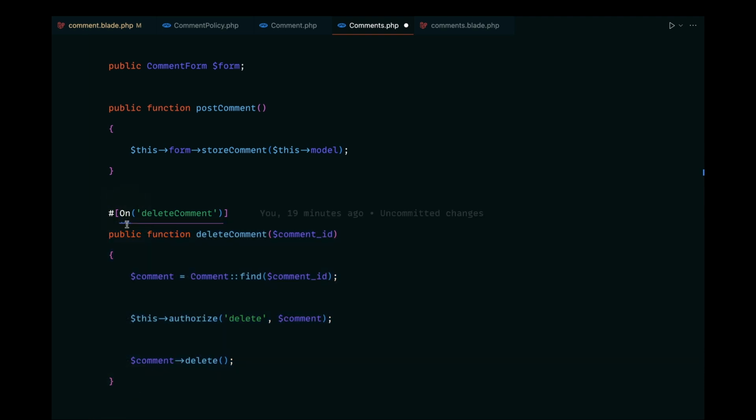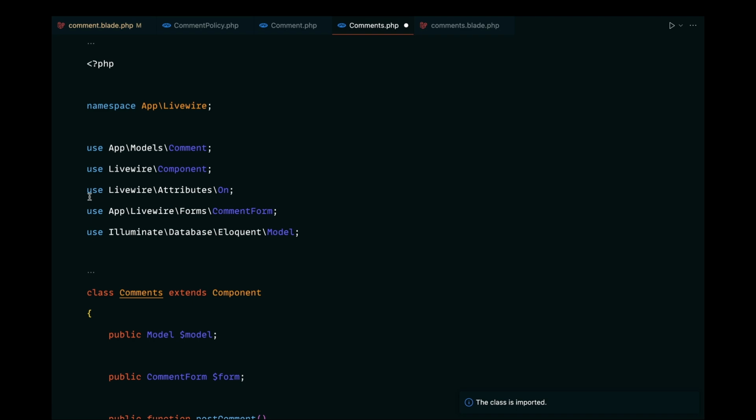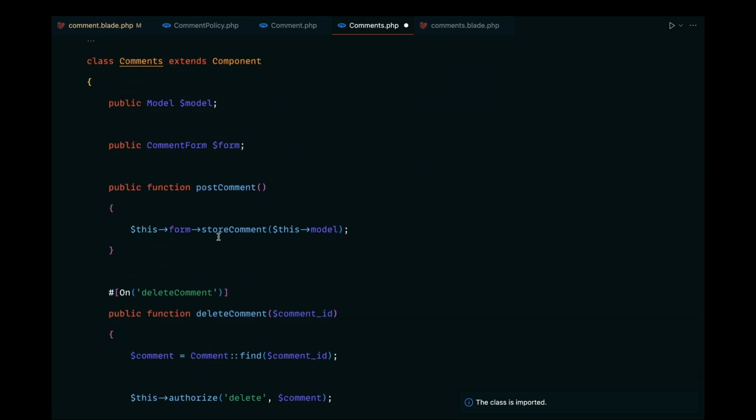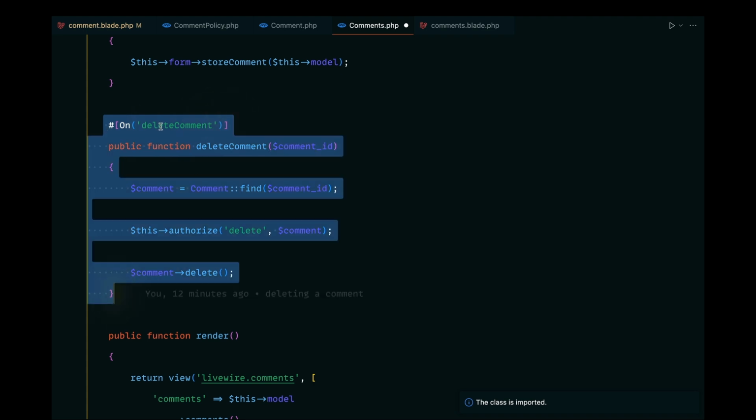Let's import this On attribute, which is imported from the Livewire attributes, and whenever the delete comment event is dispatched, this code is going to listen for that event, and this delete comment method will be executed. So for now the root comments should be deleted because this workflow looks good, and we will be fixing the issue about